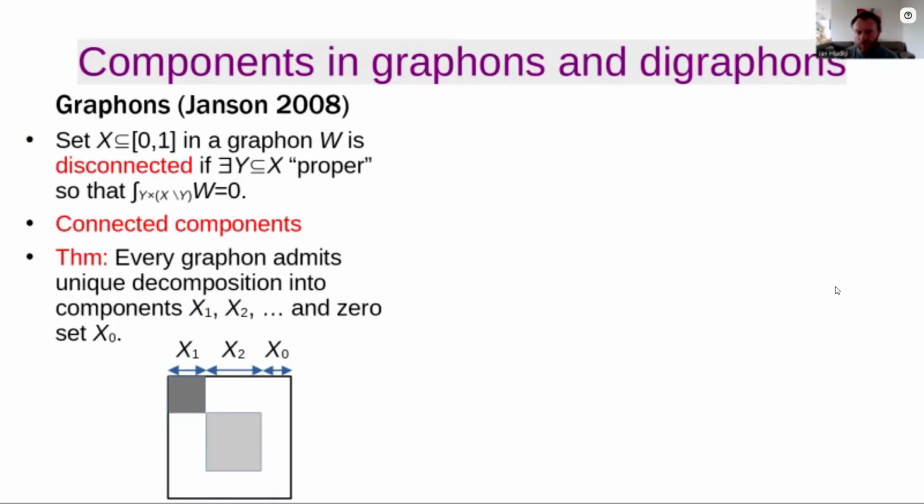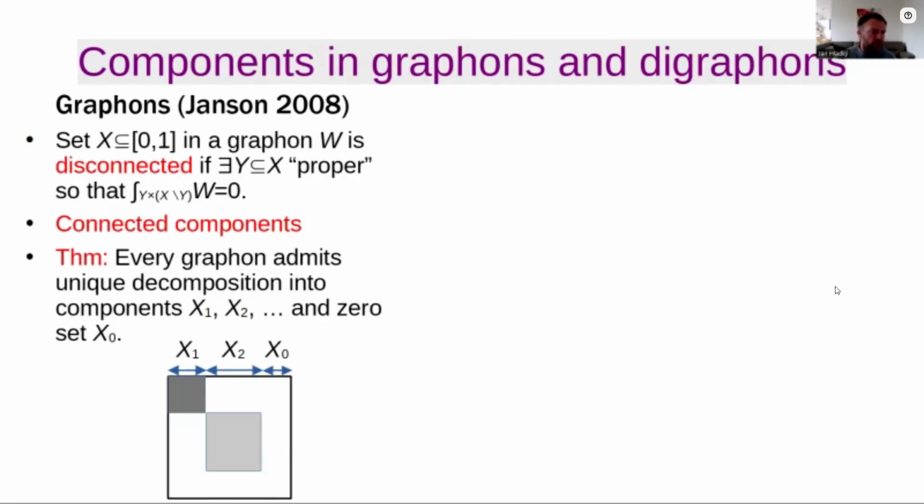Surprisingly to us, this is a concept which hasn't been worked out for digraphons. For graphons, there is a decomposition into components, which is a counterpart to the decomposition into components of finite graphs. That was done by Janson. And what you say is that a set in the unit interval is disconnected for a given graphon if there exists a subset of it Y, which is proper, meaning it's not a null set and it's of strictly smaller measure, so that